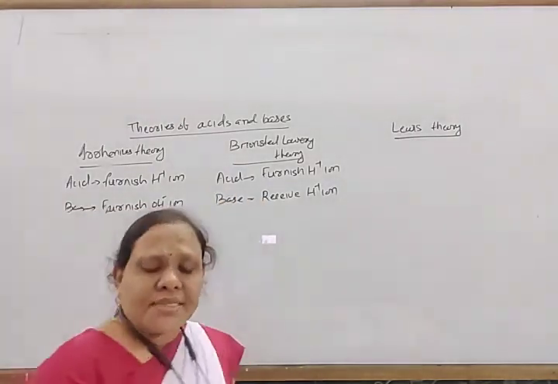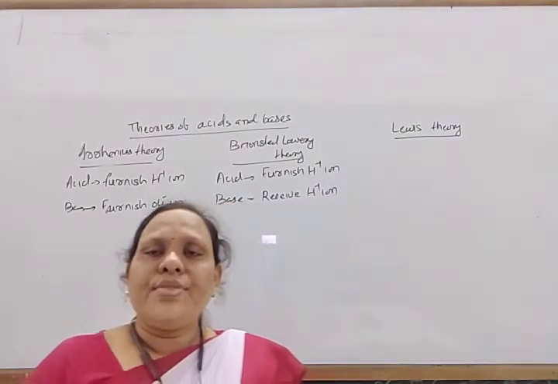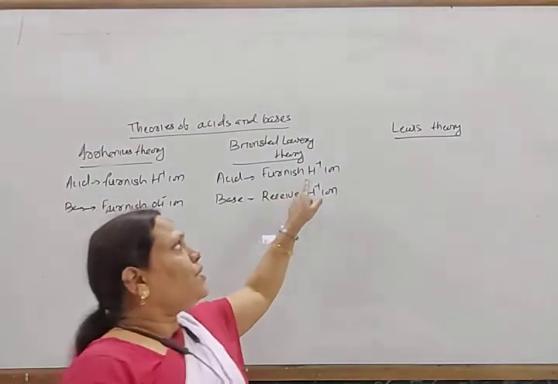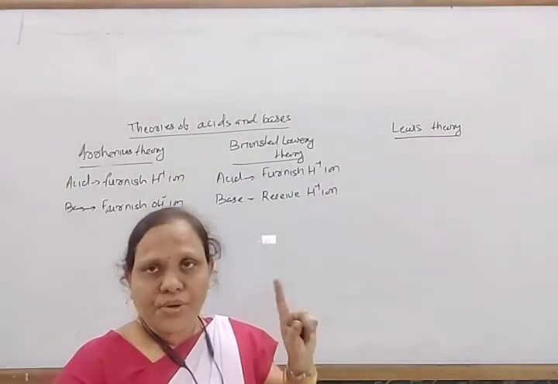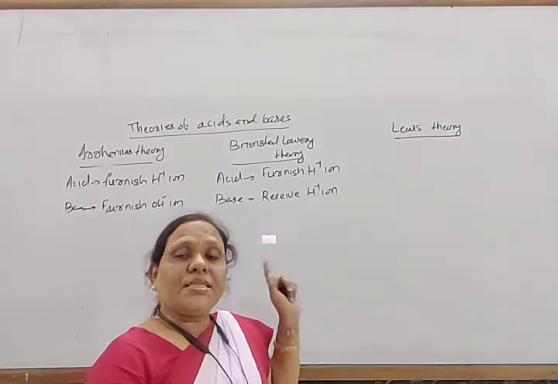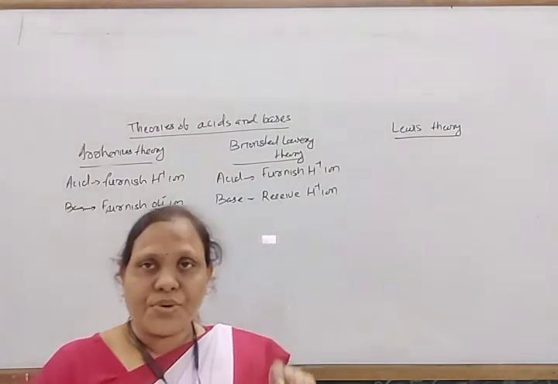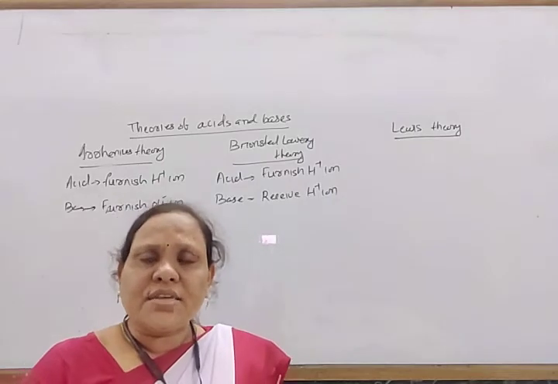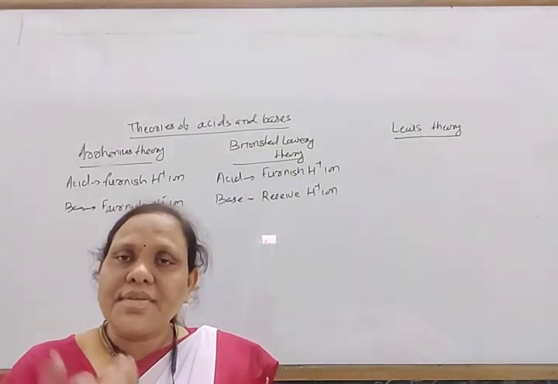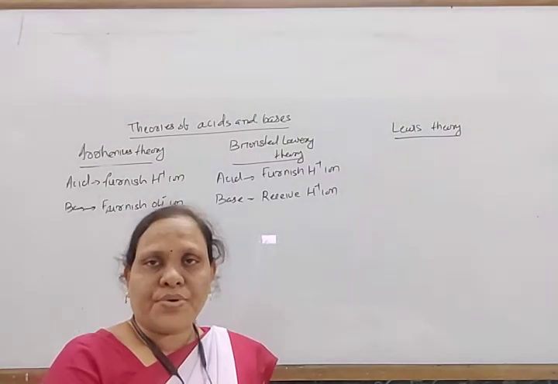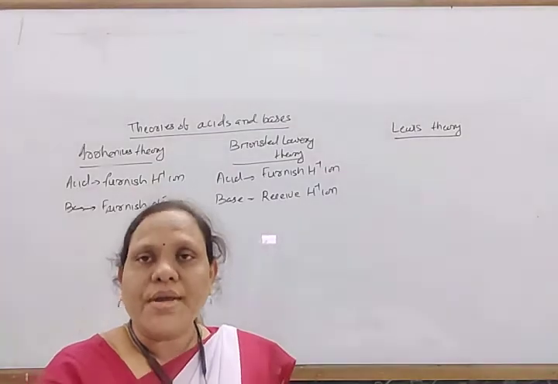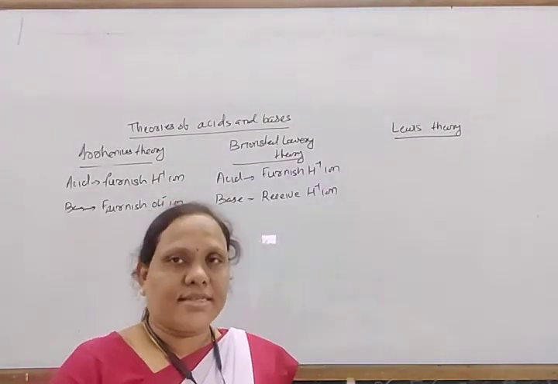Okay, H plus ion means there is no electron and no neutron. In a hydrogen atom there is only one proton and one electron, no neutron, but in H plus no electron is there either. This H plus ion is also known as a proton. So we can say an acid is a substance which can give a proton, and a base is a substance which has the tendency to receive a proton. Or an acid is a proton donor and a base is a proton acceptor.